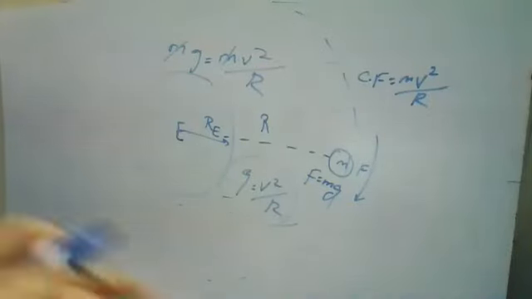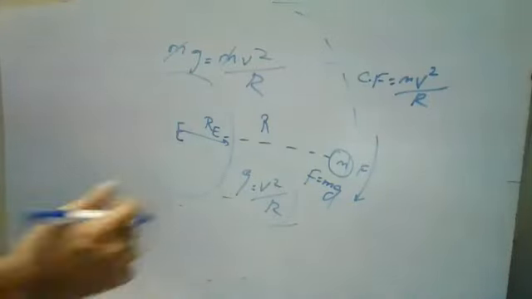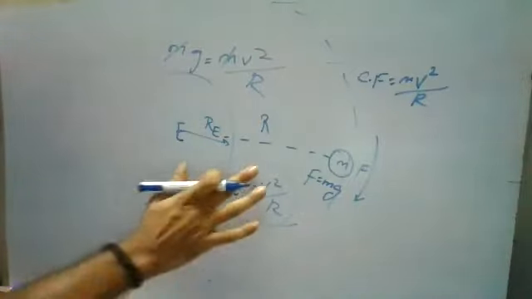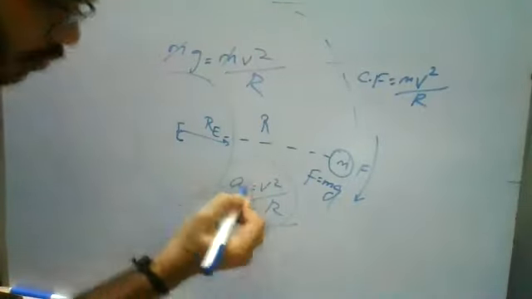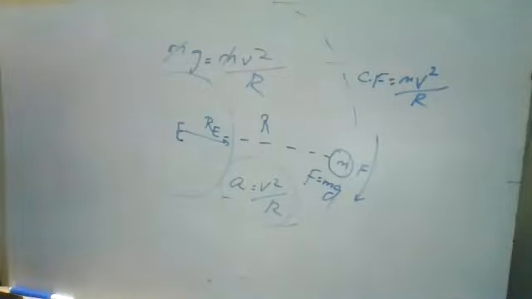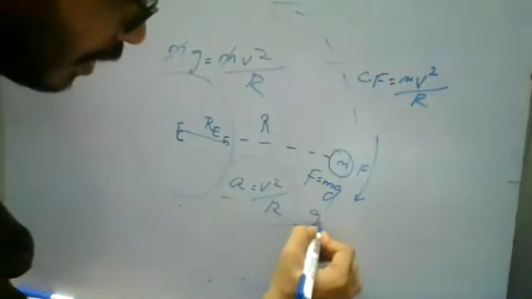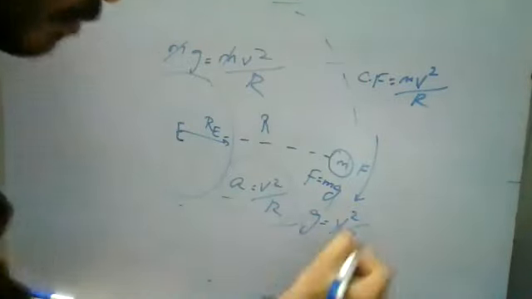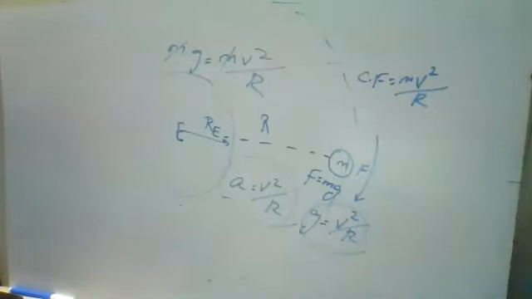This g is due to gravitation, or this g may be your applied acceleration also. There are two relations: a is equal to v square by r, or g is equal to v square by r. Remember these relations. Right. So here, when we are discussing this one,